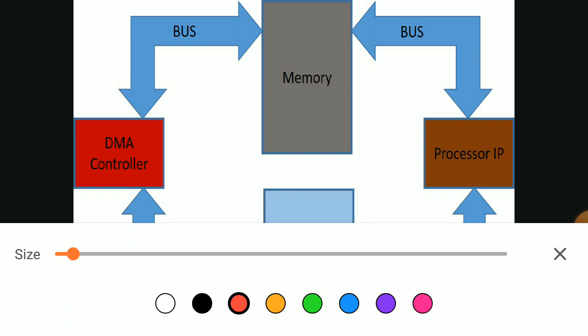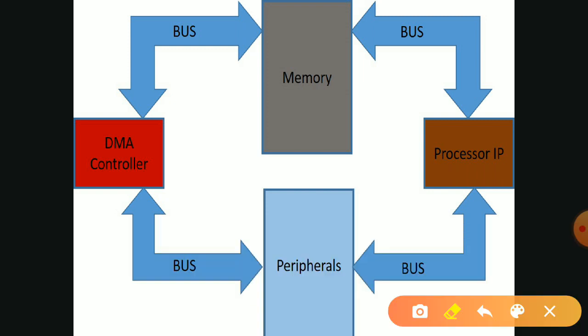Then the transfer is from the processor to the bus, from the processor to memory, and from the processor to peripherals. Okay,